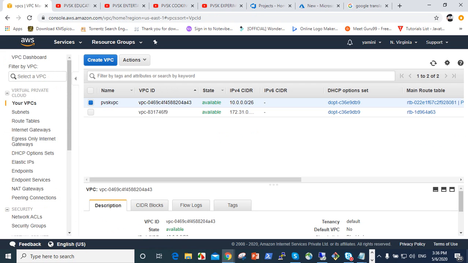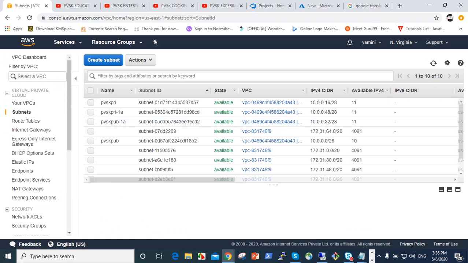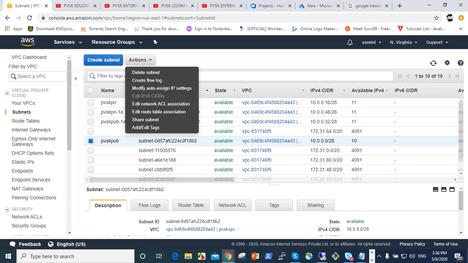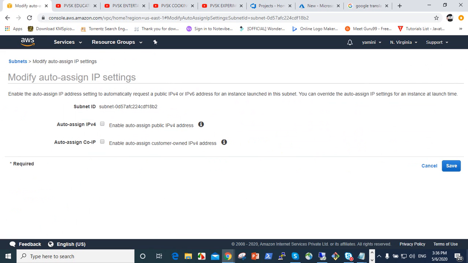And here first of all you should go to the public subnets. So go to the VPC and select the subnets, then go to the public subnet. In actions here, modify auto-assign IP settings. This is for security purposes, you should assign this.